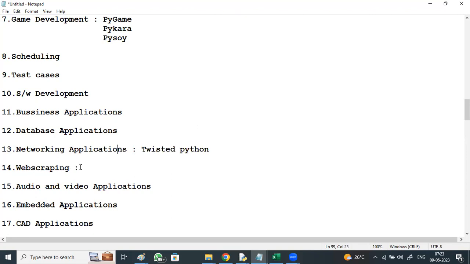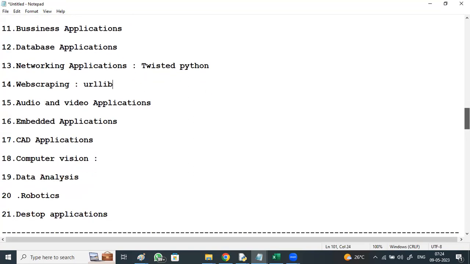Web scraping, harvesting data, or extracting data from different websites. We have the urllib module and BS4, Beautiful Soup, right? These modules are there for scraping data from different websites. Audio and video applications. We have many audio video applications which already got developed, like Team Player and CPlay are some examples of this. I said as part of the course, I'll also be showing you some audio and video related applications.